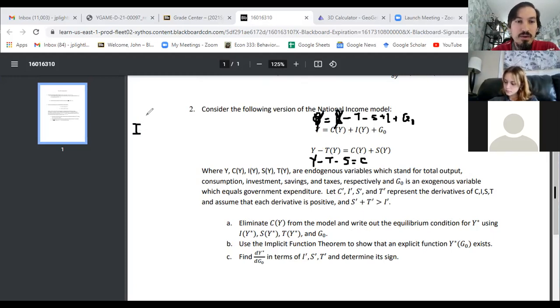You want me to put the of y star? I'll put the of y star. I'll probably have enough room. Oh, by the way, why is it y star? Because it's the y that solves this equilibrium condition. It's not just any old y. It's the y that solves the equilibrium condition. So it's good practice to put the star there. S of y star